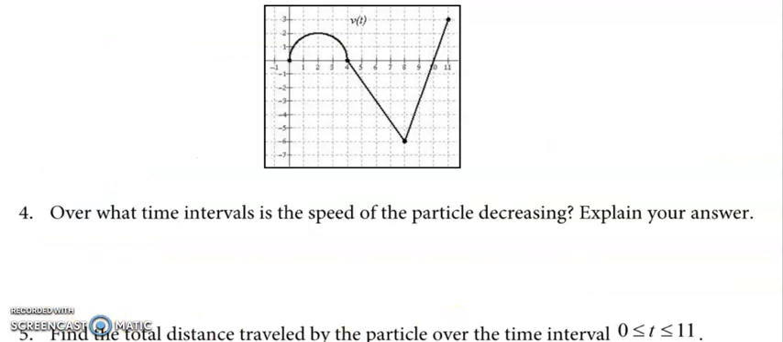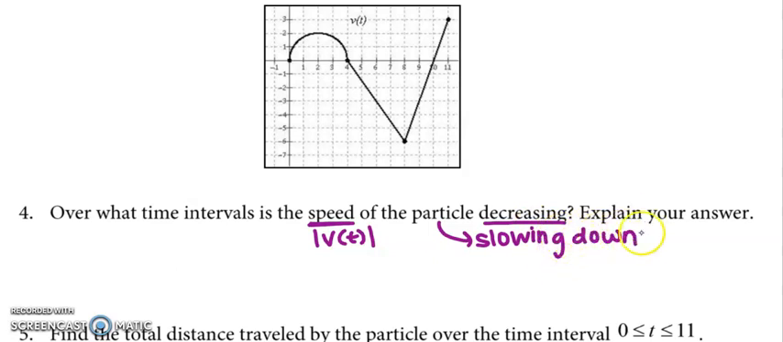All right, next ones, I just cut and pasted the graph so I could have it to reference things. Over what time intervals is the speed of the particle decreasing? So speed, remember, is the absolute value of velocity. So I could draw the absolute value graph, but also if speed is decreasing, another way of saying that would be that the particle is slowing down. And we know that for the particle to be slowing down, we have to be approaching rest,